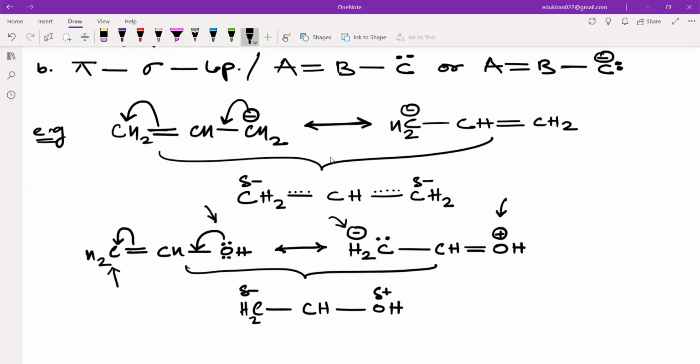Next, I will look at the bonds. Here I have a double bond in the first structure. So this bond is a double bond in the first structure. This bond is a single bond in the first structure. That is why a partial double bond character. What about this one, guys? You tell me. Partial double bond or as it is? Partial double bond now, because in the first structure it is single, in the second structure it is double bond.